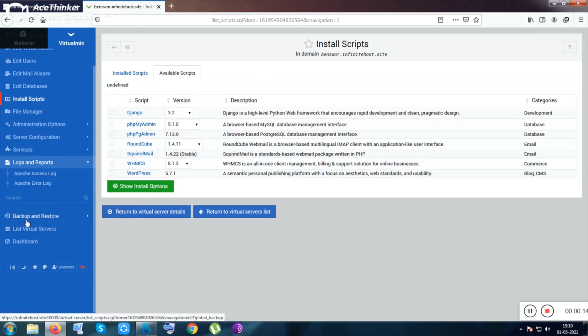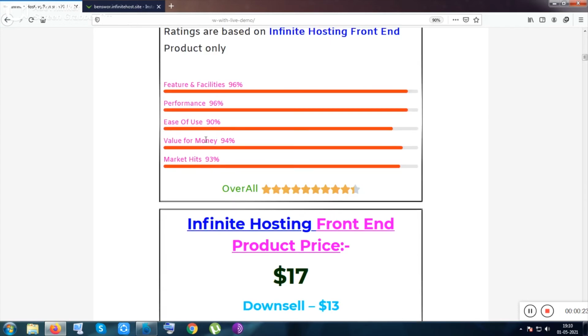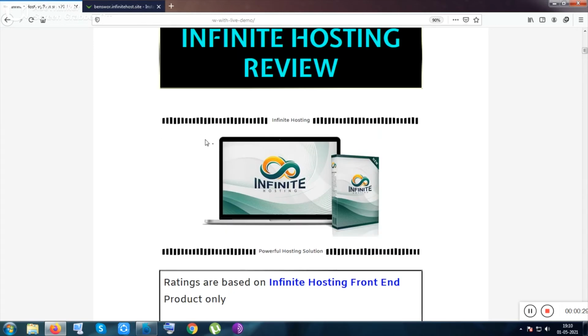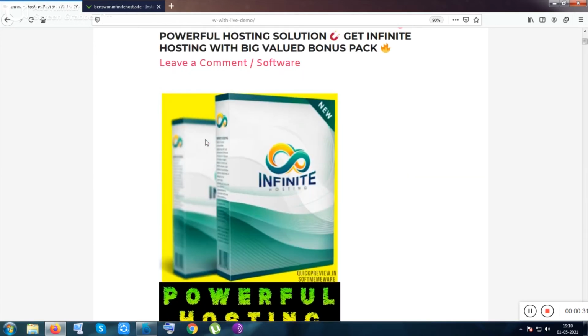Okay, so this is a backup feature also given here. So all possible features are given here. The backup feature is pretty much surprising. Inside this price, inside just 17 bucks, you will be provided the SSL certificate, the backup facility. And I think if you are a techie person, you know the terms.